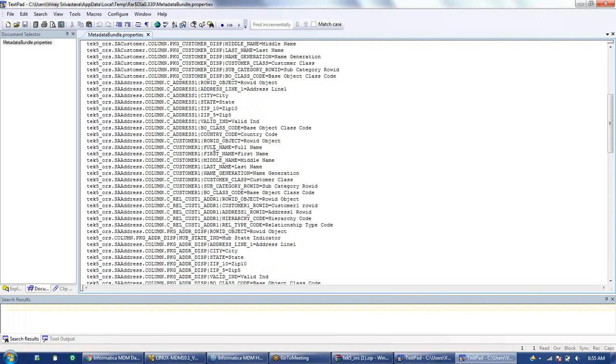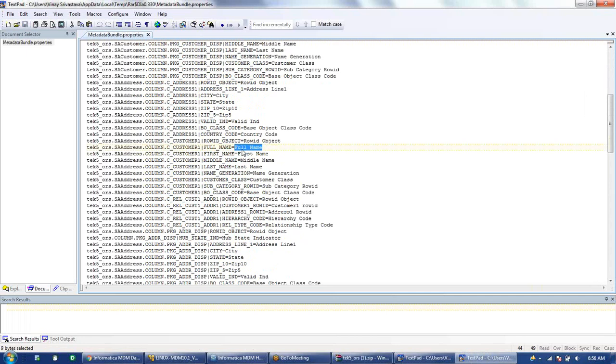For example, full name. Here I have customer full name column. So full name display is coming as full name itself. This is fine because this is coming from the base object. In my base object, I have given the display name for full name as full name. That is why it is coming.